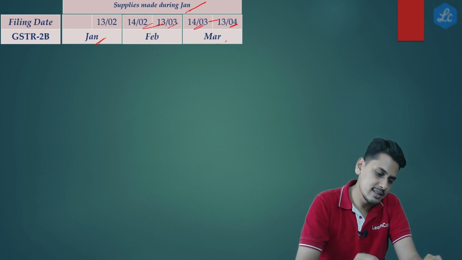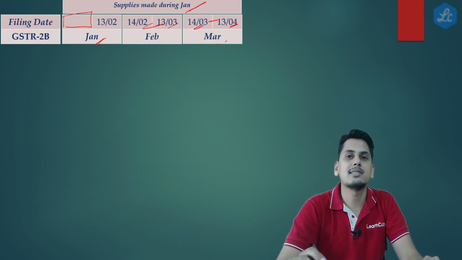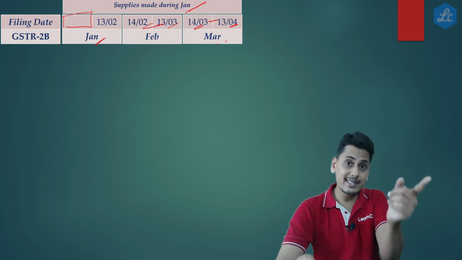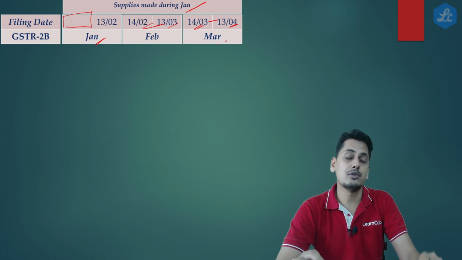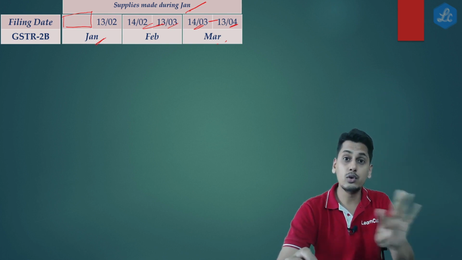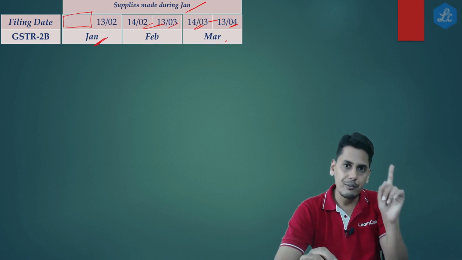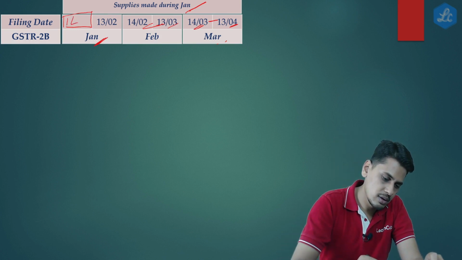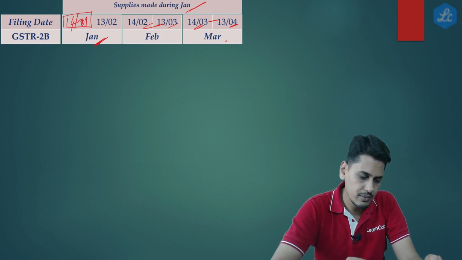Now friends, if you have analyzed this, can you just fill in the blanks over here? For January, what should be the starting time? Friends, what is the preceding month? It is December. For December, what was the due date? 13th of January. So for December, had it been given by 13th of January, it would have appeared in December. We do not want it to appear in December. We are finding it out. What is the starting point for January? So obviously it is going to be from 14th of January. So here we go. From 14th of January till 13th of February is for January month.